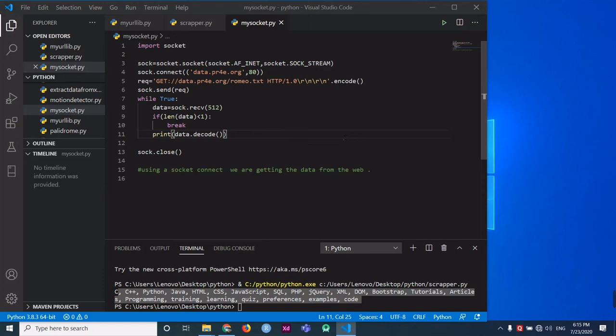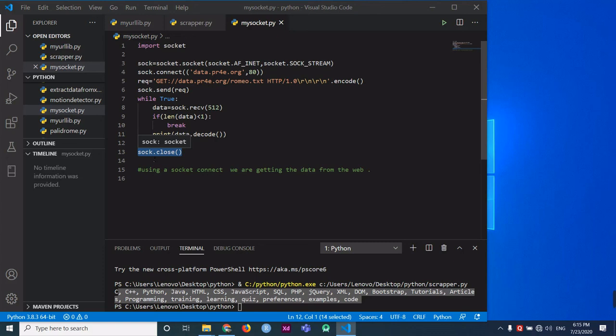Now I have to decode it, because the data we are receiving is in the form of UTF-8, so you have to decode it like this, with dot decode. Now using this if condition, if I stop getting the data, it will break the while loop and come out of it, and finally the socket is closed.